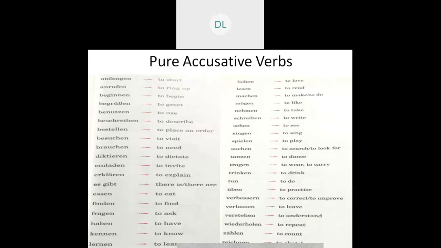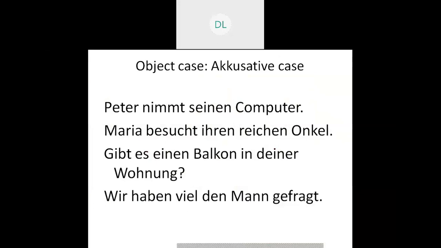So let's move ahead. Here are a few sentences. Peter nimmt seinen Computer. That is, Peter takes his computer. Peter is the first entity, the subject. Another entity is seinen Computer. And nehmen, that is to take, is a pure accusative verb. So my object, seinen Computer, will be accusative. Computer is der Computer. So der changes to den, ein changes to einen, mein changes to meinen, sein changes to